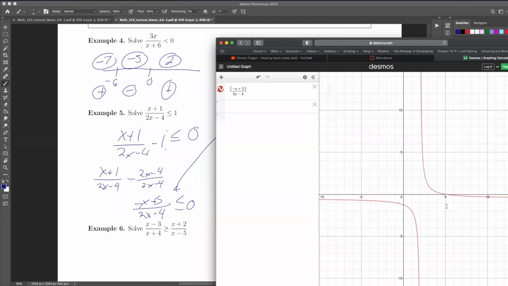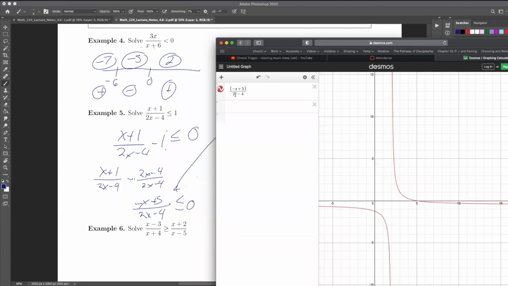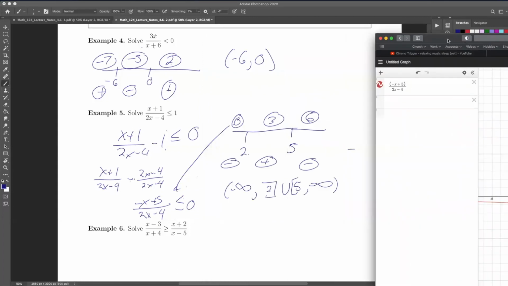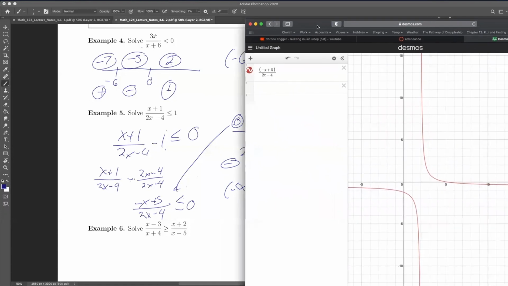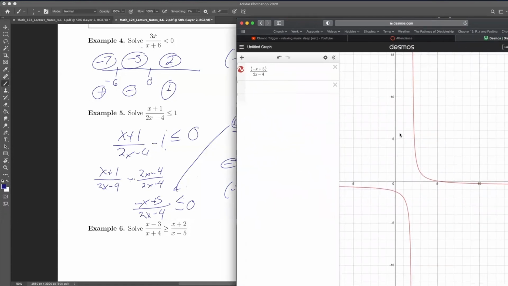Let's zoom on in. So here notice that 2 is a critical point because it's the 0 on the bottom, right? And notice here it swaps from negative to positive this time. And then 5 is a normal 0, and this is where it just crosses the x-axis. And so we have to find both. And so in this case, it's always negative until we hit our 2, when it then turns positive, which is positive until we hit our 5, which then goes negative. Does that match what we have? Yes. Okay. And if we're allowing the zeros, we go ahead and include